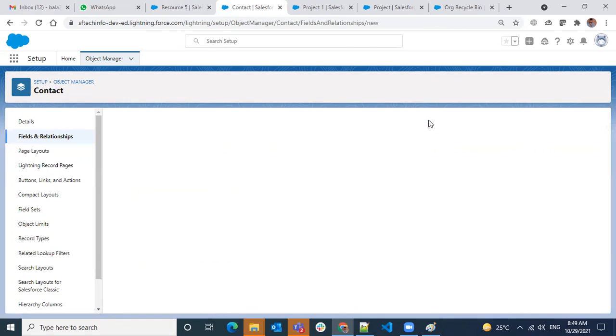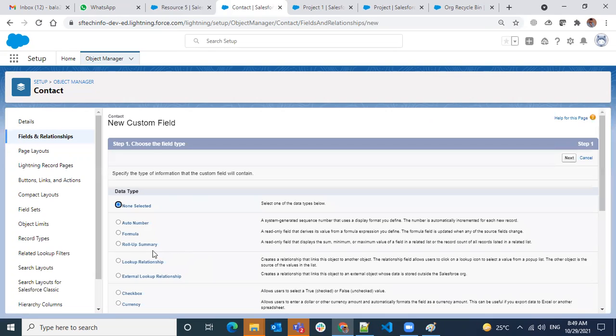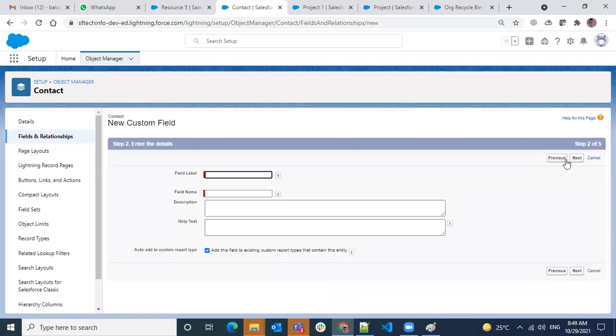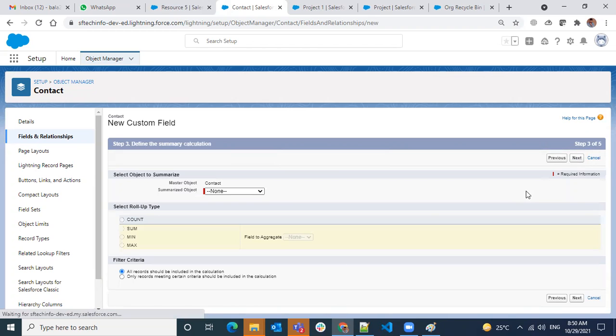I'm trying to create a new roll-up summary. I want to create a roll-up summary on a resource, not all the projects. I'm just making a lead count. I know there are no options available, but still, see here it's saying resources.